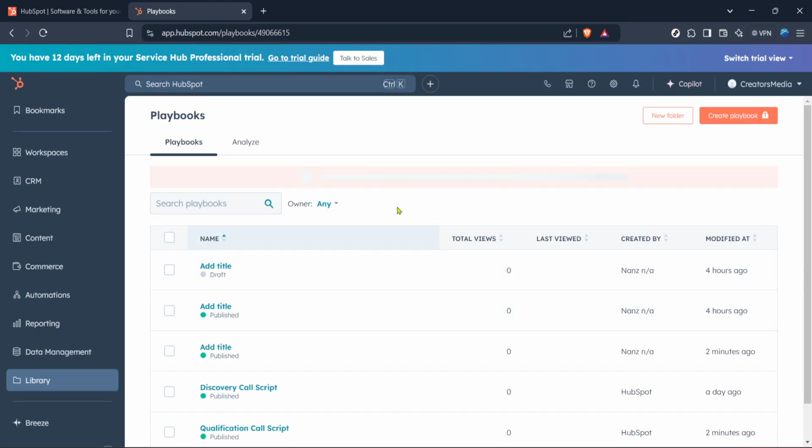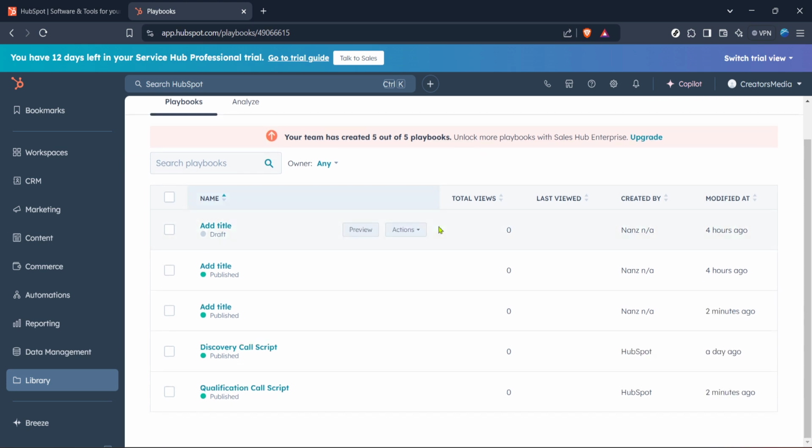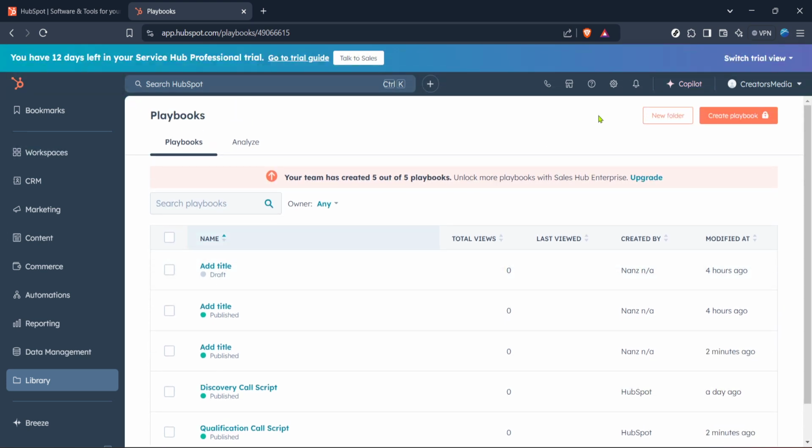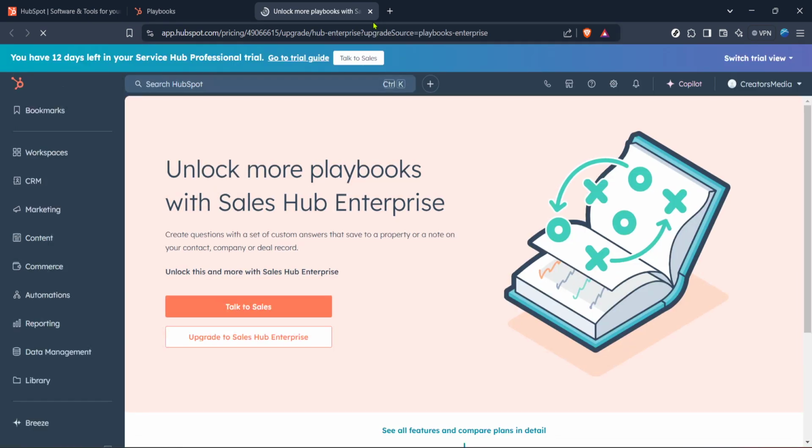Now you're ready to create your first playbook, and the process is straightforward. Look for the Create Playbook button within the Playbook section. Clicking this will bring up a variety of options where you can start drafting your playbook. You might have some initial ideas about what your playbook will entail, whether it's streamlined customer service interactions, standardized sales calls, or even onboarding procedures.